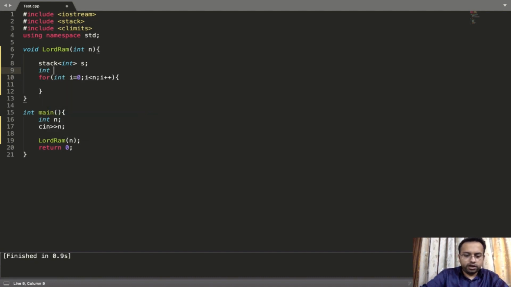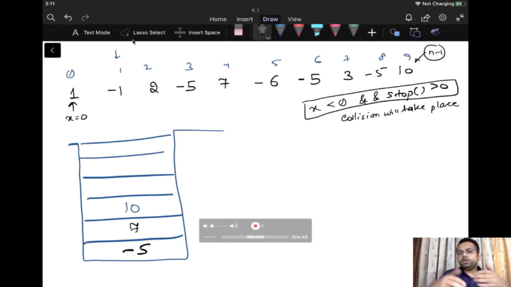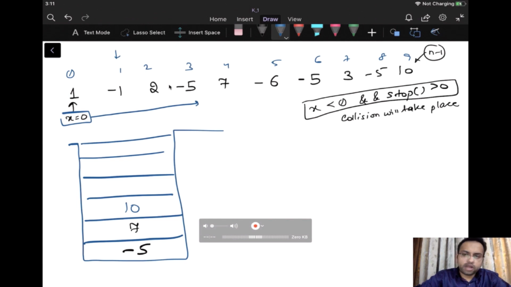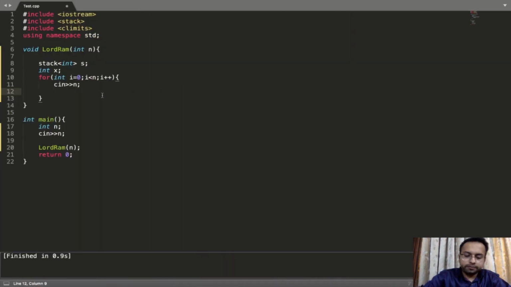So I'll take one int x. I'll take input of x one by one. Because we don't need to consider all the elements at once, I don't need to store all the arrows. What I need to do is take arrows one by one. So I can simply ignore the array part. We don't have to store all the elements first.